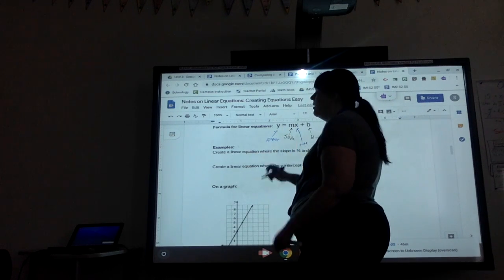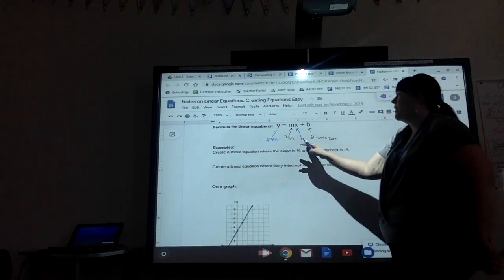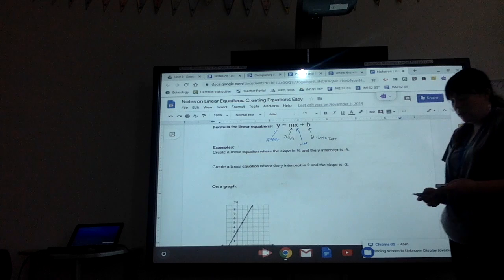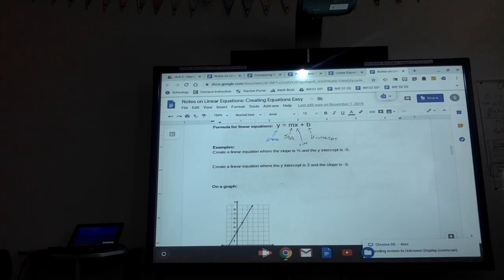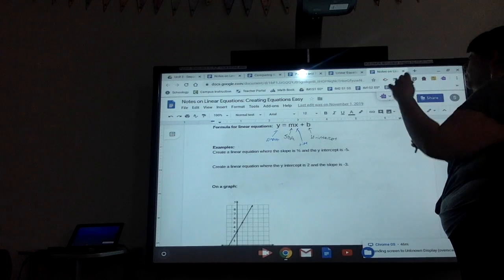But again, your y could be constantly changing too, because how much time has passed will change the amount you have. So we have some examples. Here's some situations. Oh, it's not even a situation. It's really easy. I'm just telling you, create a linear equation where the slope is 1/3 and the y-intercept is